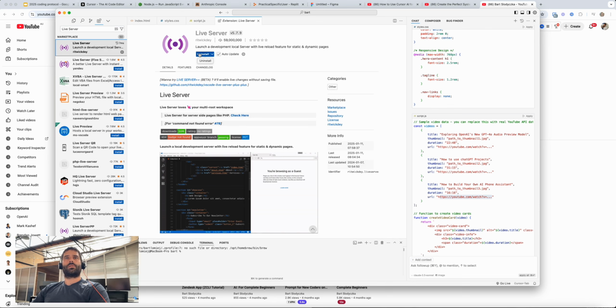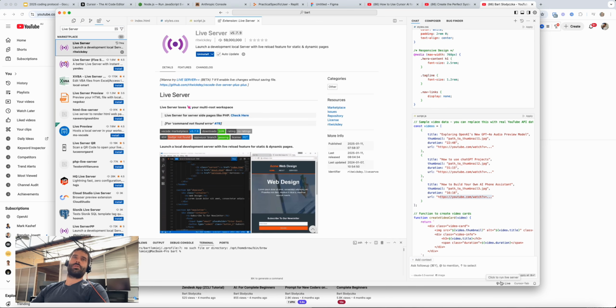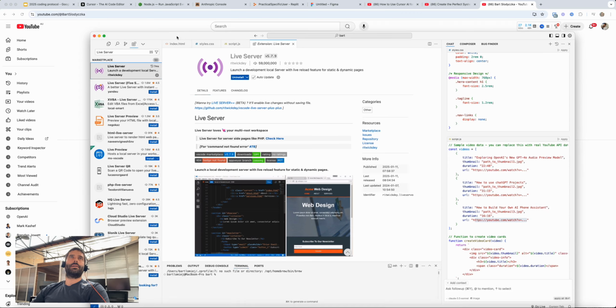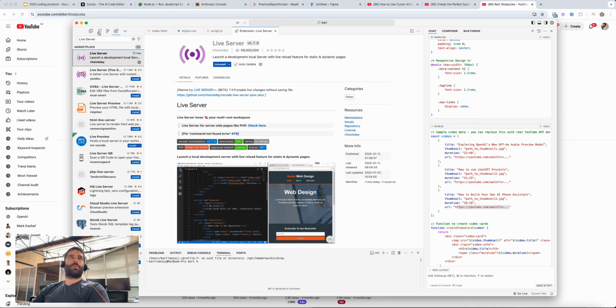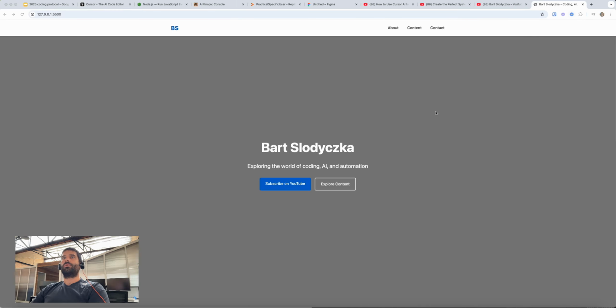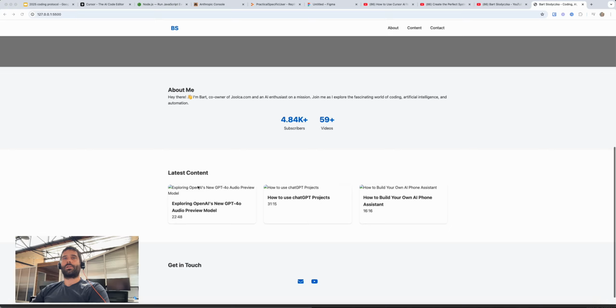So you click this and you click install, and that gives you the ability to basically project the code that we've written for the HTML page onto a tab in Chrome over here. What am I using? I think I'm using Chrome or something. Sorry, I explained that really poorly, but you will see what we can do. So I'm just going to close this. After you install it, you'll have this little button down here called Go Live. Once you click Go Live, let me just bring this into view. It will generate this. So this is running locally. It's basically projected from Cursor, and this is showing you what that HTML page looks like right now.